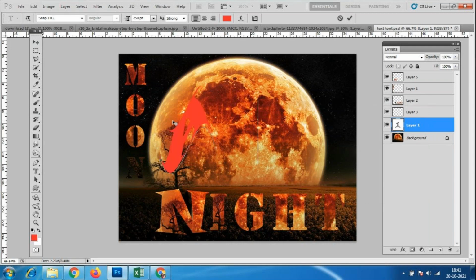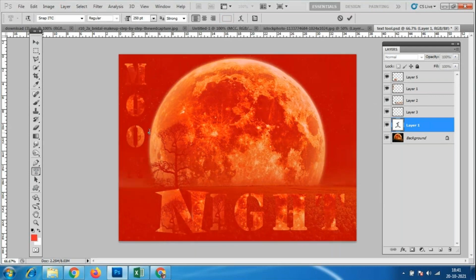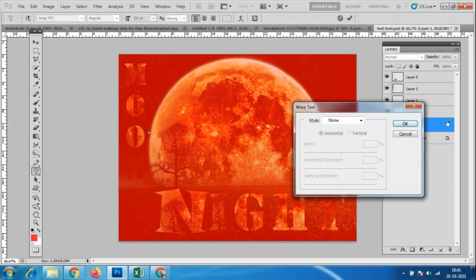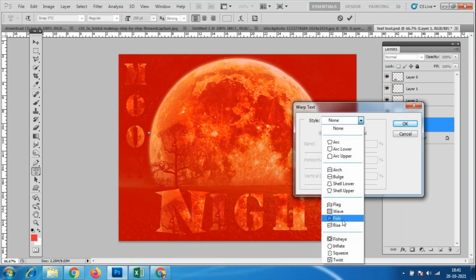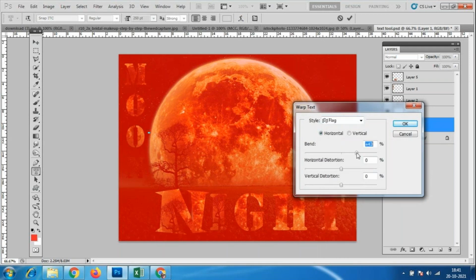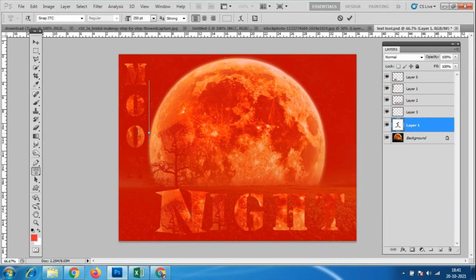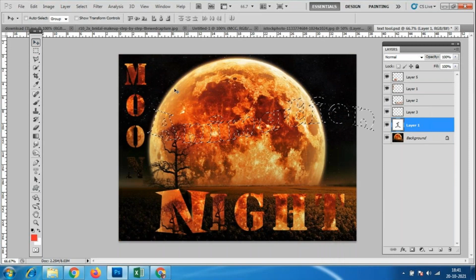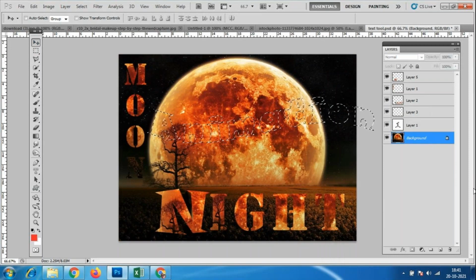This went to the type tool. So what I'll do, I'll go to this one, horizontal type tool, click on here wherever we want. I'll just select this one, flag. So some changes I'll make. Okay, flag option is there. Make it 150 and animation. Okay, this N went back. So Control J.